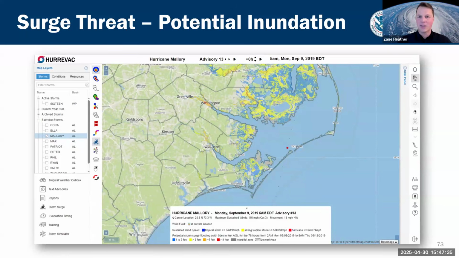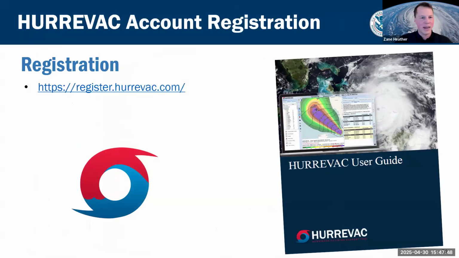So that's all to say, you've got your evacuation zones, you've got your planning storm surge risk products, and you also have your operational storm surge risk products in HERVAC that you can integrate together to make informed protective action decisions. So again, HERVAC is free for you to use if you're a government emergency manager. We do have very robust planning and support resources for HERVAC, and I'll walk through that very briefly at the end of the session. And feel free to reach out if you have any questions, concerns, or needs.